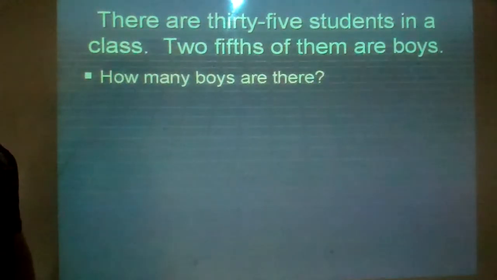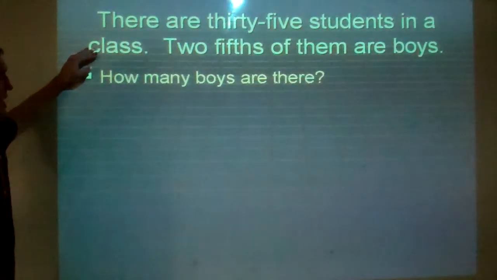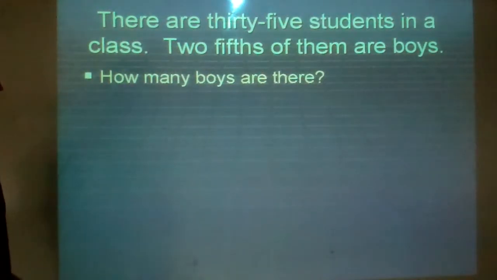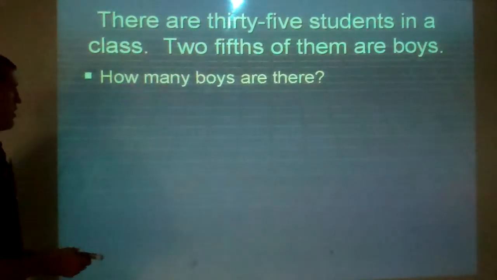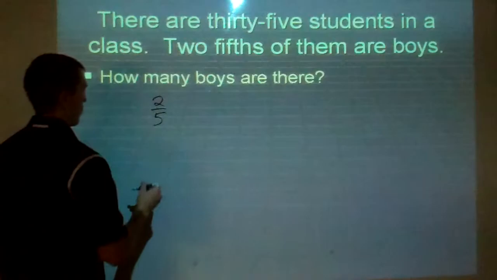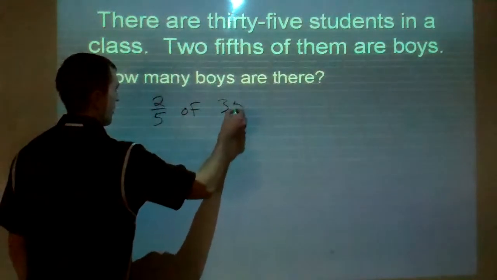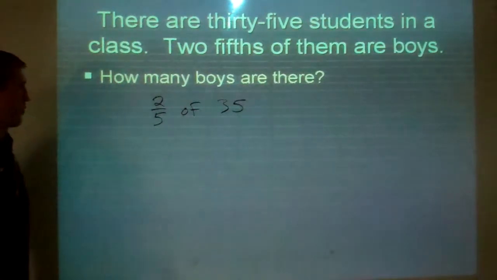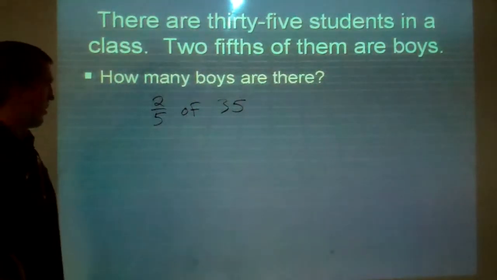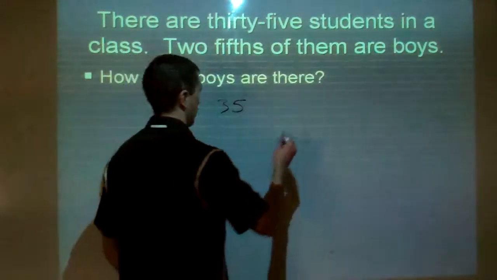I won't do all the ways to do this one, just one way. There are 35 students in a class, 2/5 of them are boys. How many boys are there? Well, 2/5 of them are boys. So that's 2/5 out of 35. I'm going to do the multiplication way. If you want to do the box way, that's fine. So 2/5